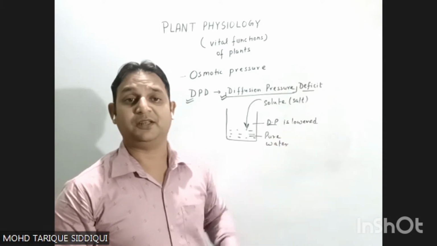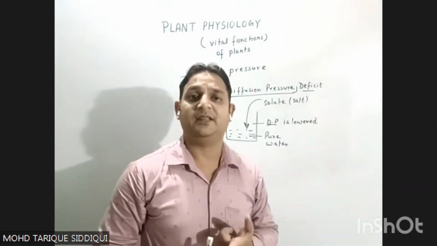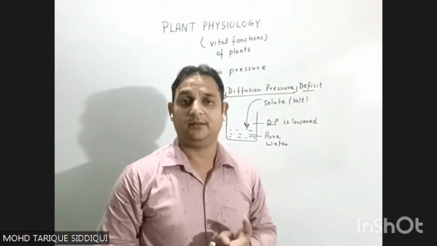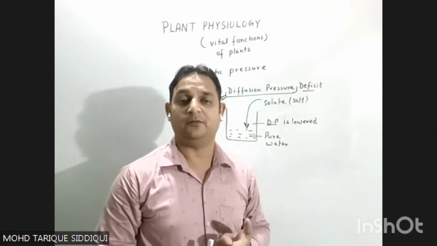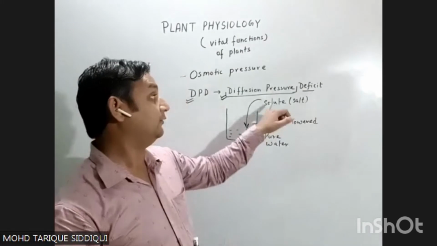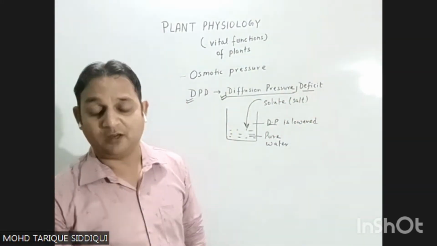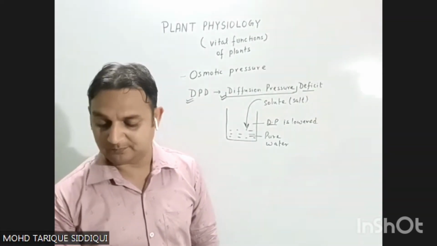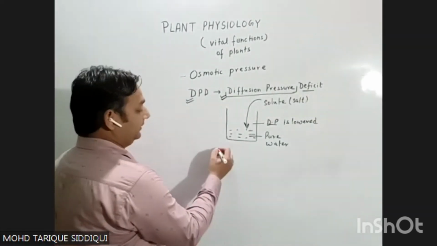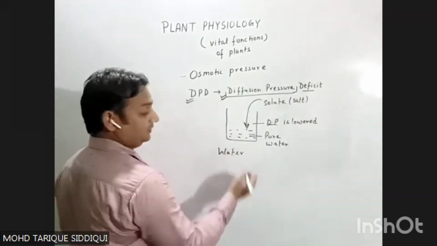So the amount by which diffusion pressure is lowered due to addition of solute is known as diffusion pressure deficit. All right. And always note one point, water always moves from